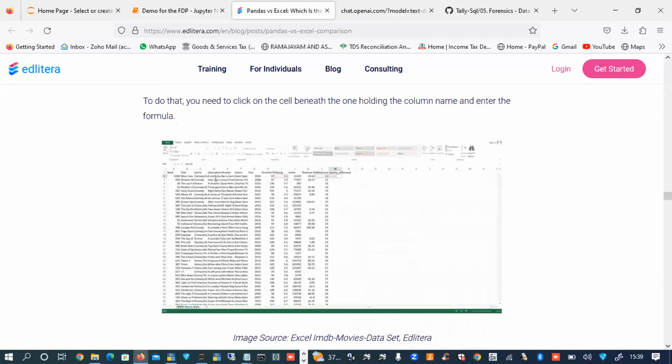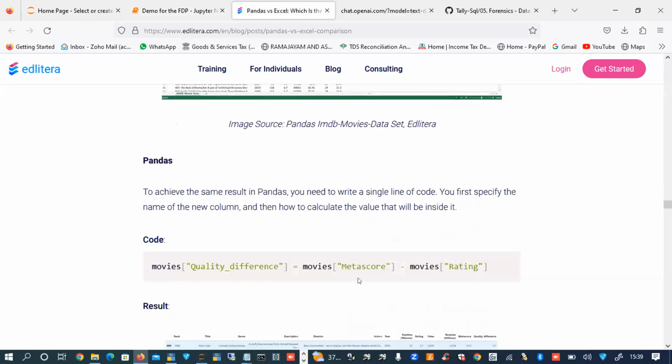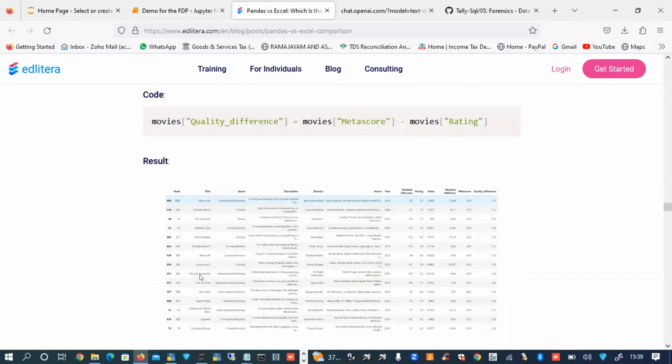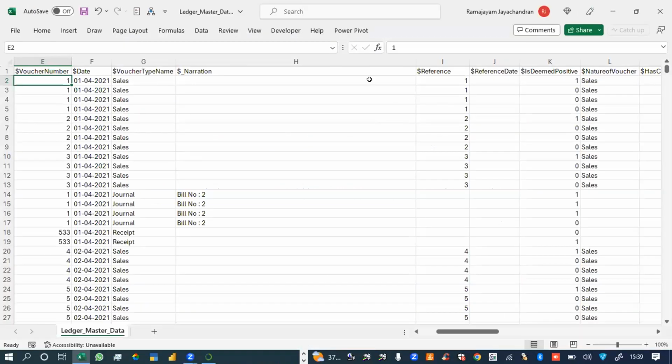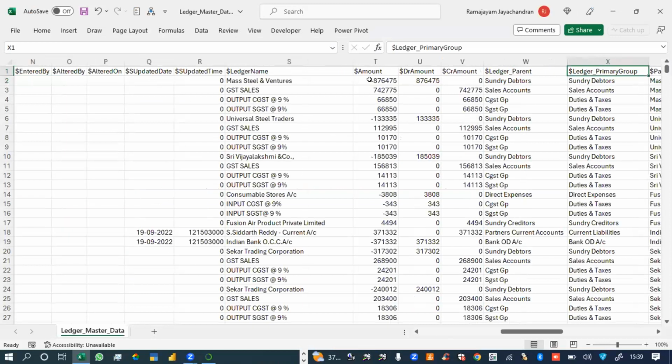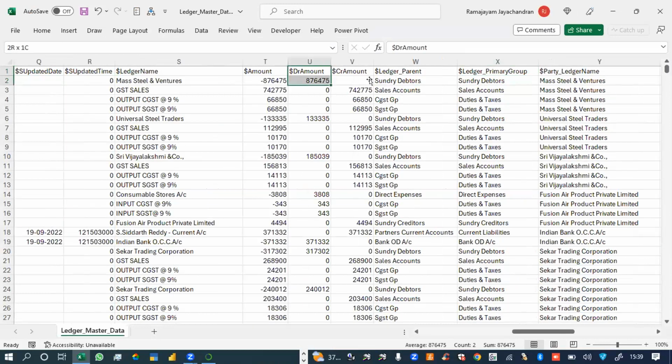Like that, subtraction can also be done. For example, you can take two fields. If you want to take the opening balance and closing balance, you can do a simple debit credit minus. So any mathematical operation or comparison can be done.